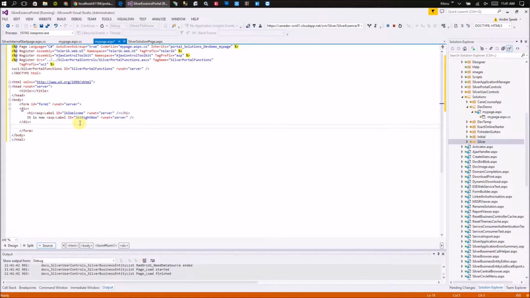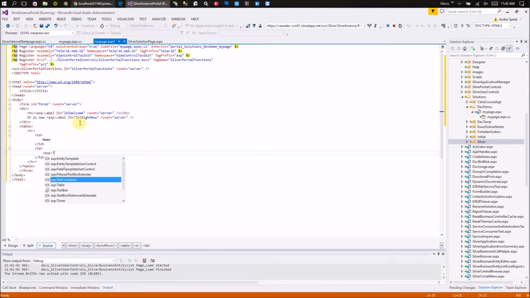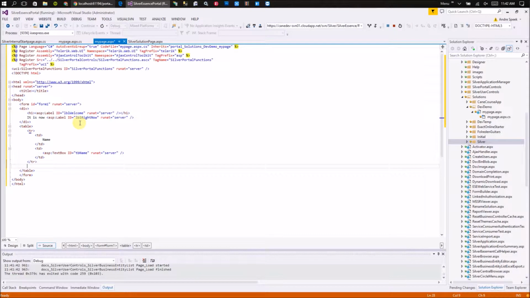So let's do some basic ASP.NET here. Let's create a table. This table will have a row, and on this row we are going to put the name, and let's put an input field here. So we use the ASP text box. Let's call it TB name, and the runat should be server, so it is available in the code behind of